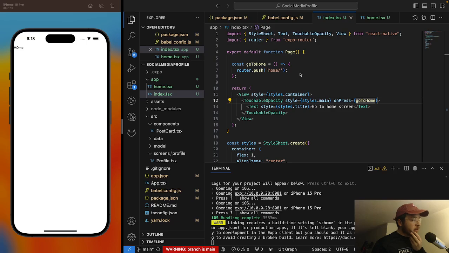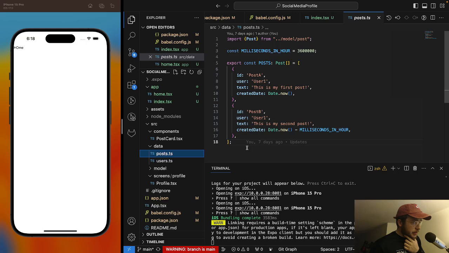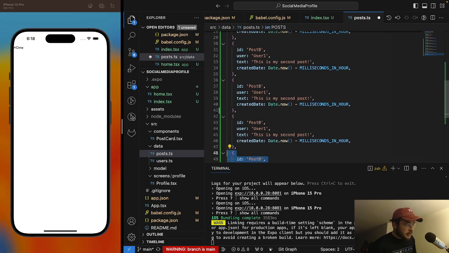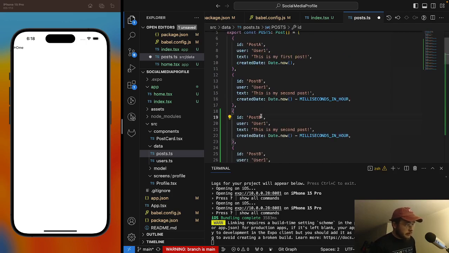Sounds good. Okay, so let's go ahead and build the home screen. We're just going to work through a bunch of different posts. Third, fourth, fifth, sixth, seventh, eighth. I'm gonna do a bunch actually. Post A, B,